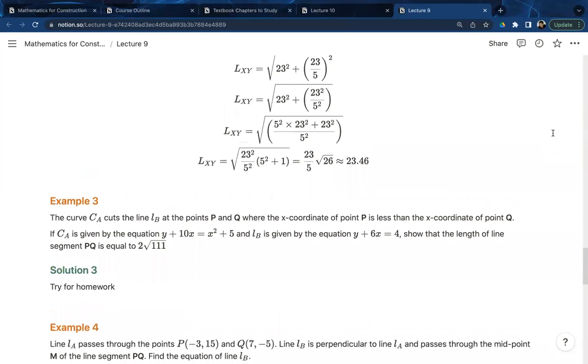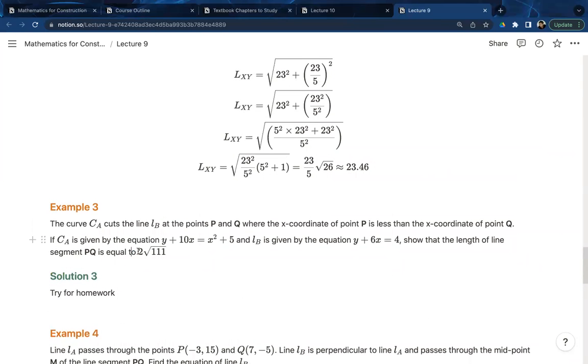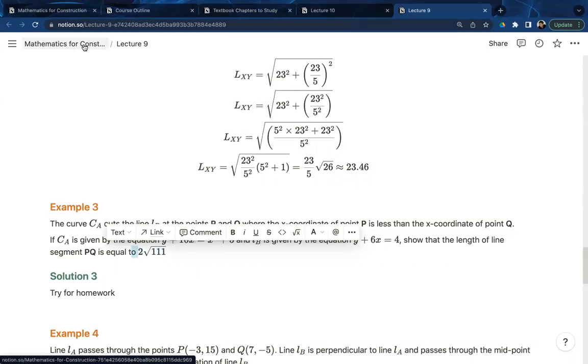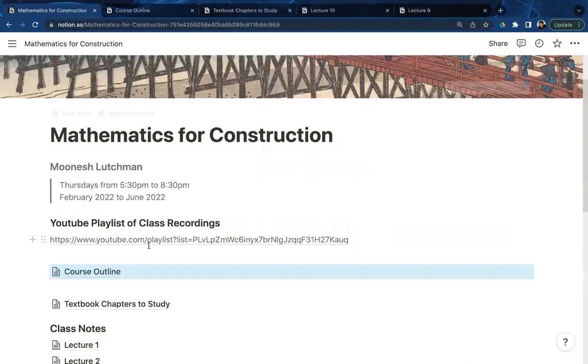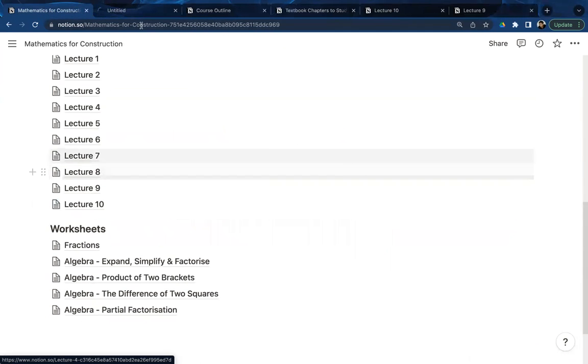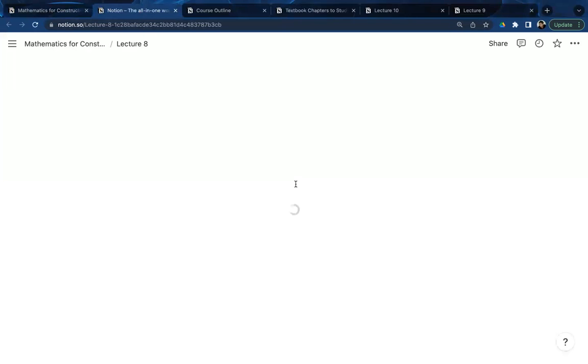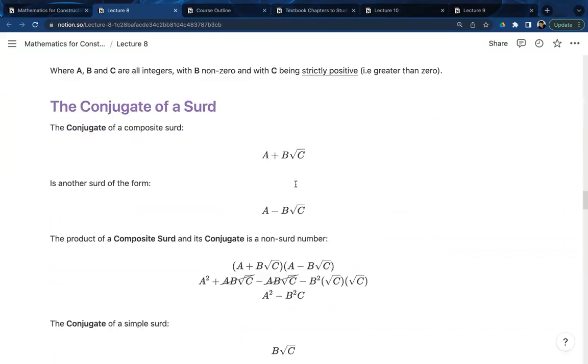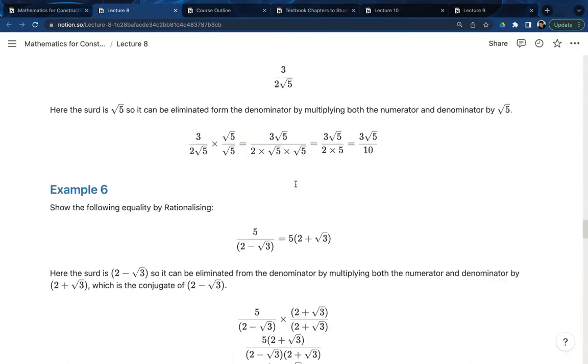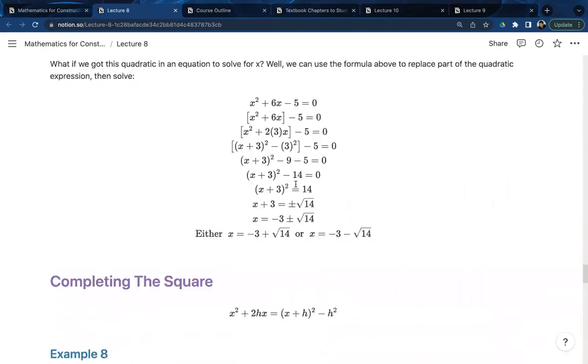involves maybe working with surds. And surds is a higher level technique, which we did on lecture 8, I believe. Where is it? So I kind of have to go through these things and make sure you understand how to deal with it. All this stuff with surds here is very good to know,